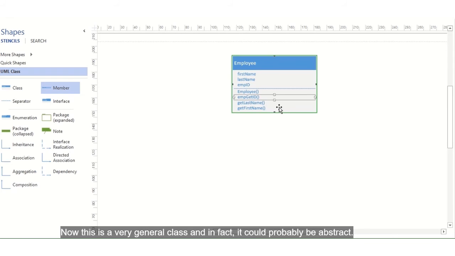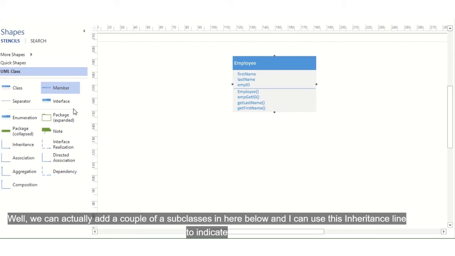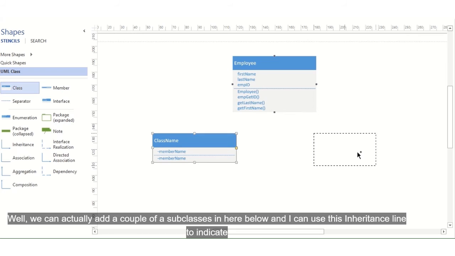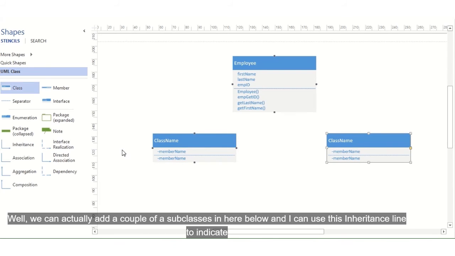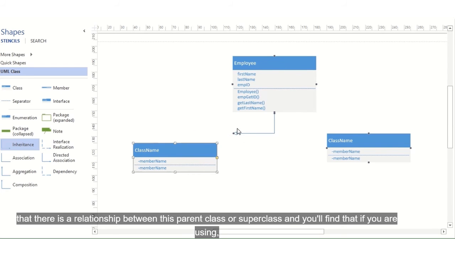Now, this is a very general class, and in fact, it could probably be abstract. So we can actually create more specific versions of the employee class. Let's say that we're actually representing employees at a power plant, for instance. Well, we can add a couple of subclasses below, and I can use this inheritance line to indicate that there is a relationship between this parent class or superclass